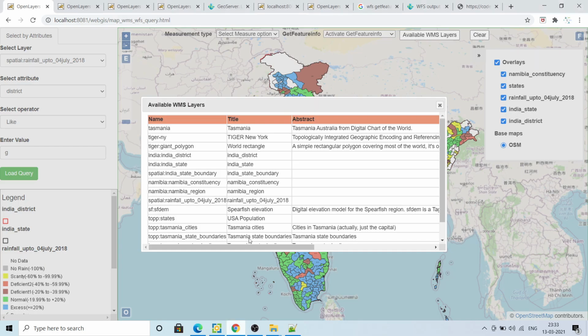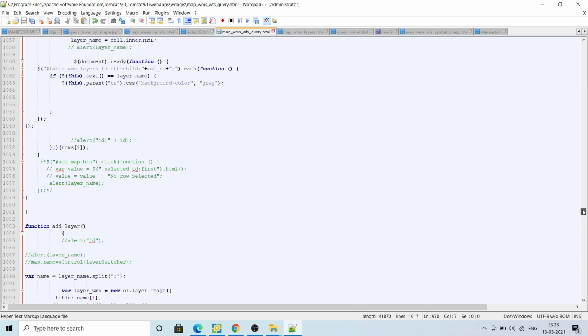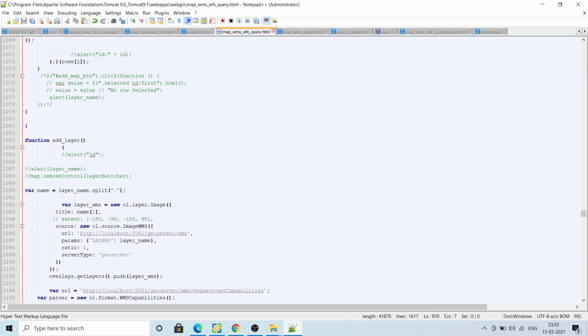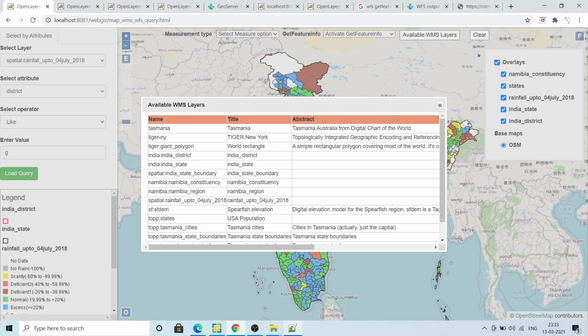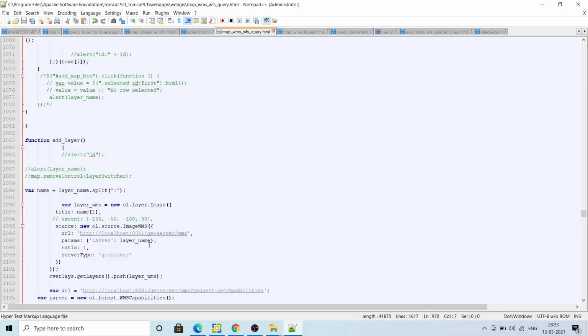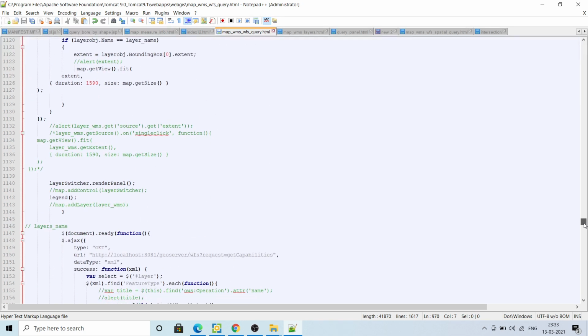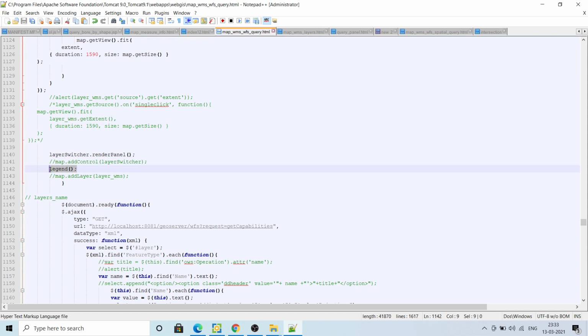Basically this table has all the layers, and after that this add layer function is what runs when you select any layer here and add it to the map. Again it goes to the GeoServer, fetches and matches the name of that layer, adds it, and creates a legend of that also, as you can see here.